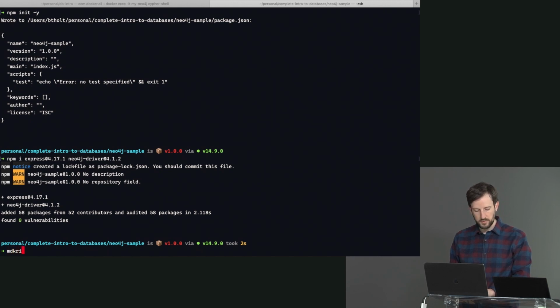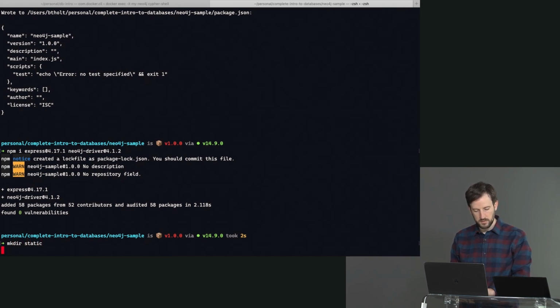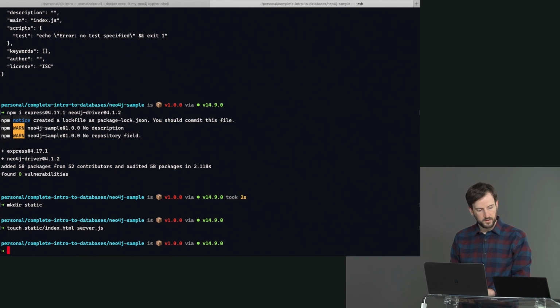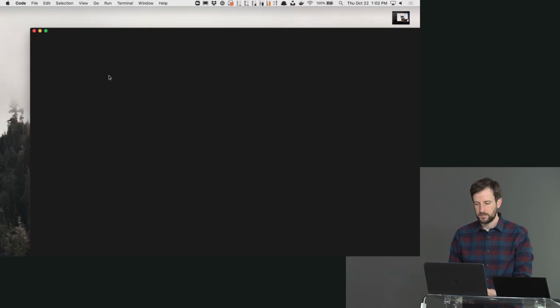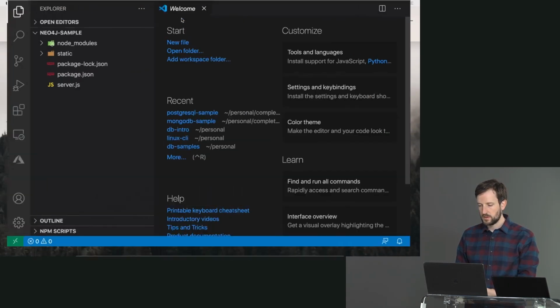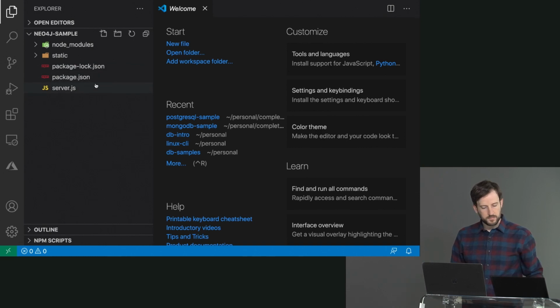Make a directory. We'll make a directory called static. And here we're going to touch static/index.html and server.js. And then we'll open this in Visual Studio Code. Okay, make that full screen here. Let's go ahead and